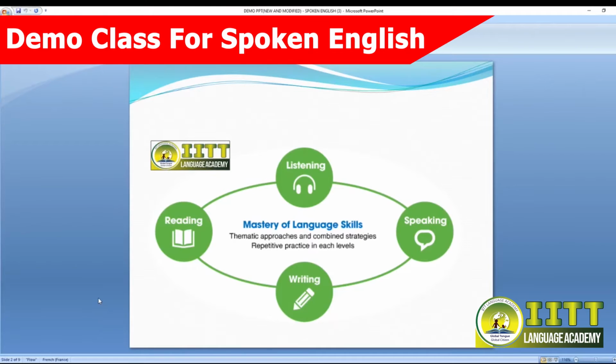Now, we always try to combine these 4 sectors of a language and teach our students so that none of these 4 sectors will be neglected. One learner should be efficiently listening and understanding, speaking and being understandable, writing clear and faultless messages, and should have the ability to read the texts written in that particular language properly.